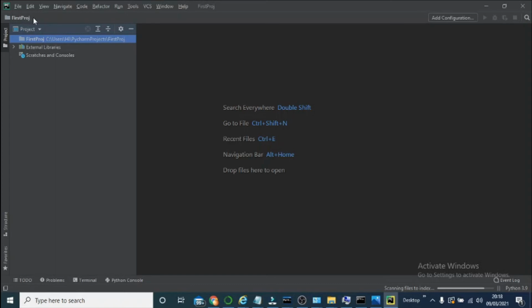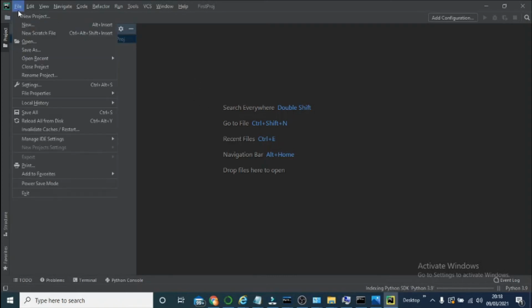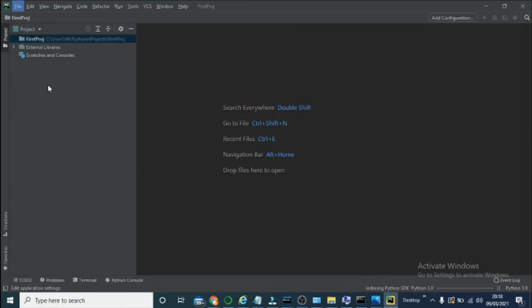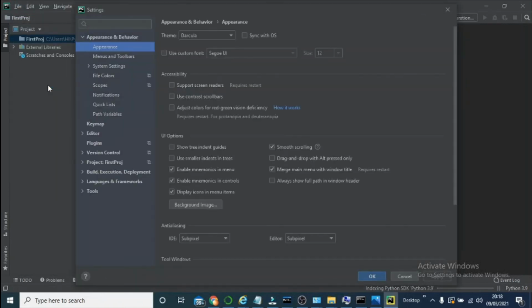Based on different options, you can configure this PyCharm interface by going to File, where you can see a few settings. In the settings area, you can see appearance, menu and toolbar, system settings, file colors, and so on and so forth. Here in appearance, you can see the theme, and the theme is Dracula.